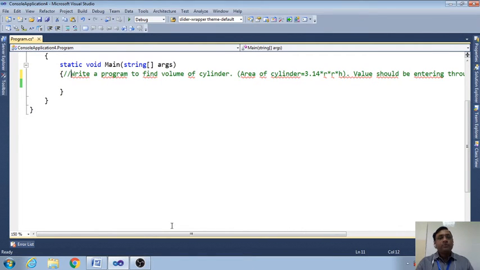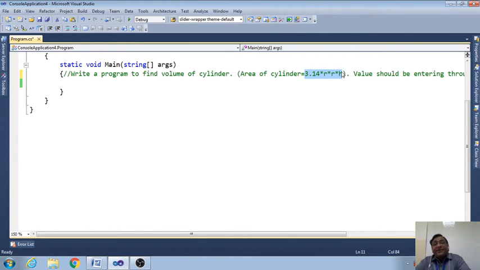And here I am going to put it in a comment so that the error will not be available. The formula is given to you, area of a cylinder. The rest no need to read. We have to write the program to find the area or volume of a cylinder. Actually, leave this. Just consider we have the formula and we have to find the value of this, whatever.